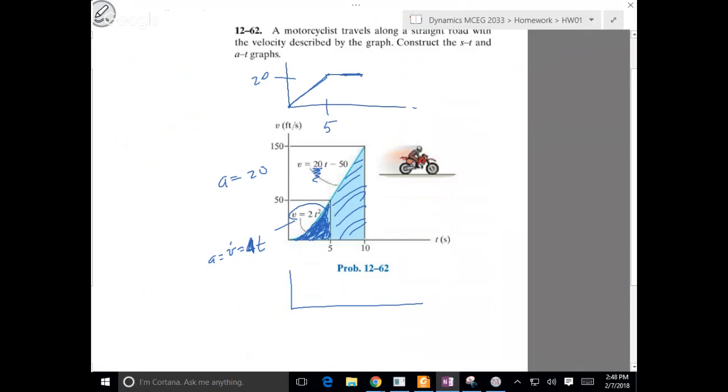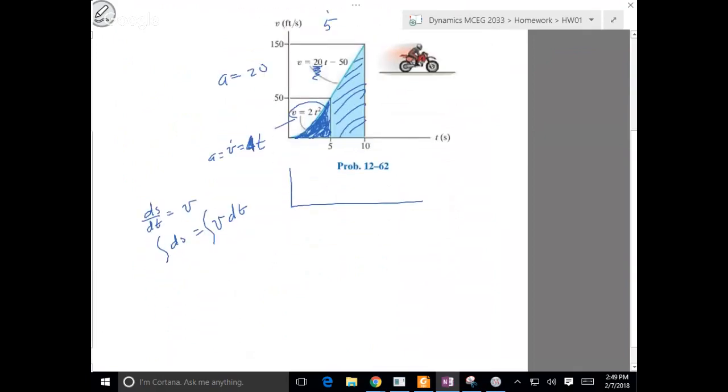So, as you start, ds dt is equal to v, and so ds is equal to v dt. You integrate that for this term, 2t squared dt. So going from 0, looks like